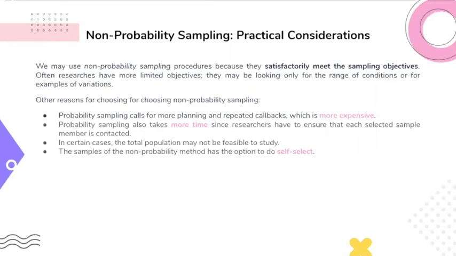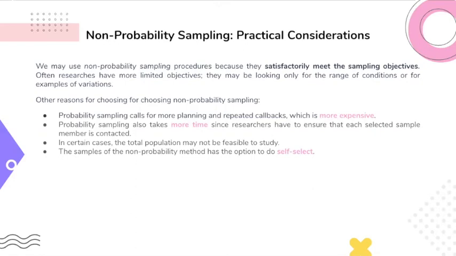Researchers may have more limited objectives, looking for only the range of conditions or variations. Another reason for choosing non-probability sampling is that probability sampling calls for more planning and repeated callbacks, which is more